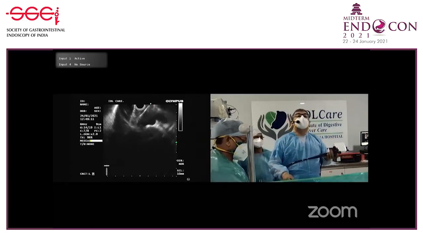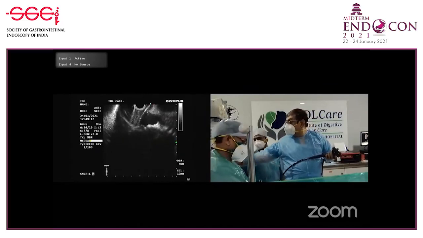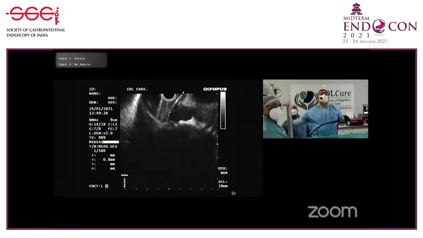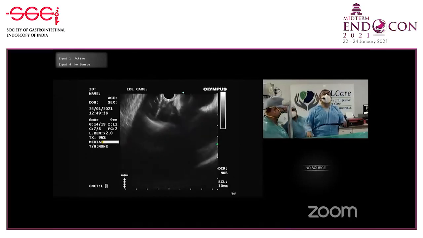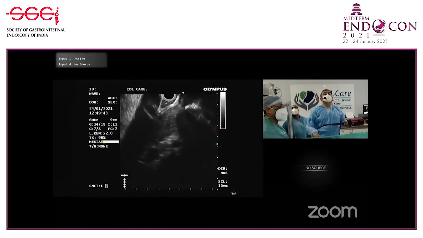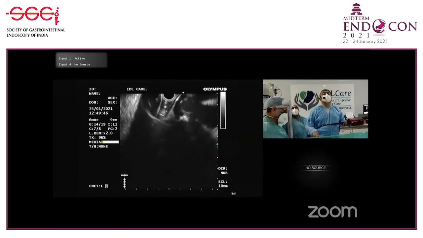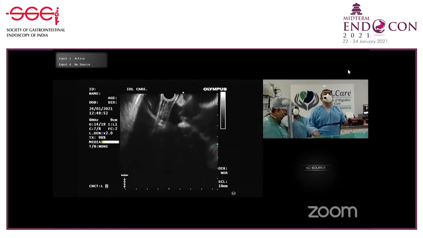So if you see now, please, I am anterior. This is the esophagus. Can you see the esophagus? This is the sagittal section of the esophagus. Muscularis propria this side, muscularis propria this side. This side you are seeing the aorta, and this side you are seeing the heart. So this is a useful maneuver when you are not suspecting anything in the mediastinum. You can do a quick evaluation of the esophagus like this. It's like a sagittal EUS evaluation. You can see the esophagus very, very well.